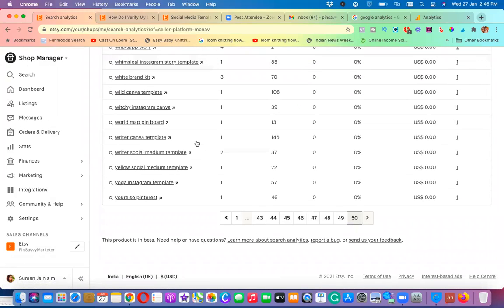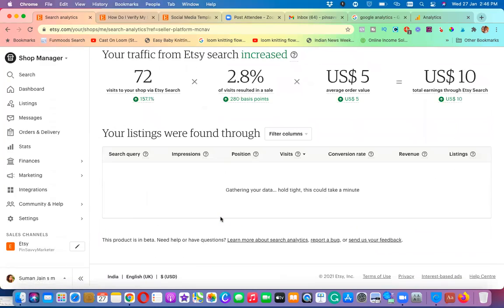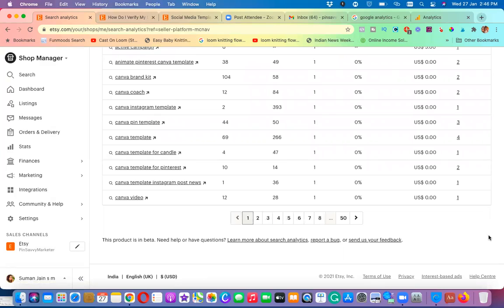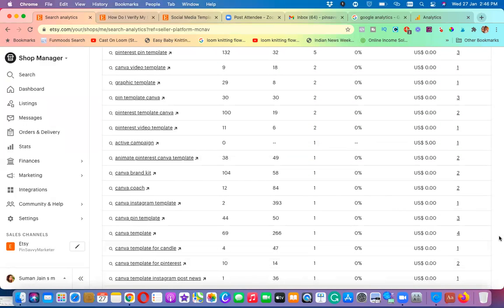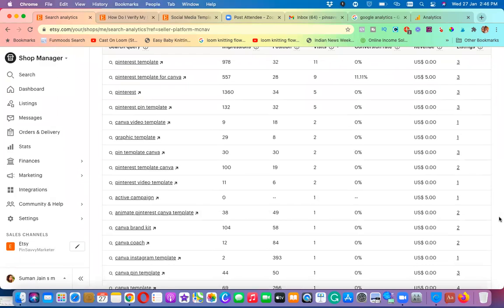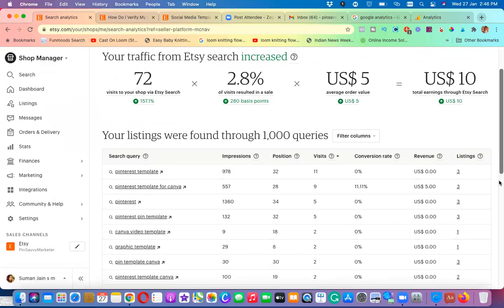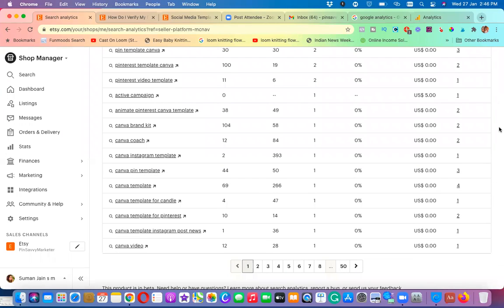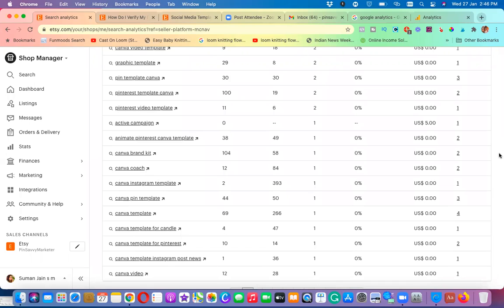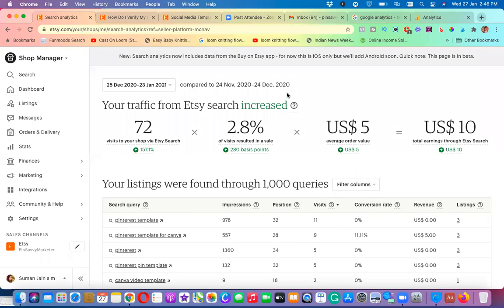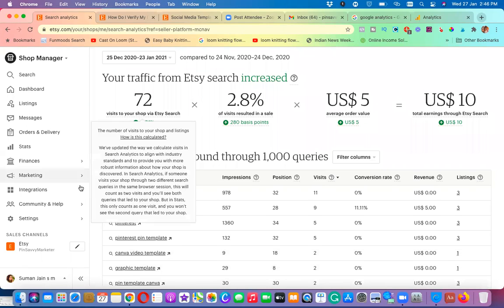If we are doing really well in all the things like keywords and stuff like that, believe me, you will have pretty good sales. And once you are consistently doing it every single month, you will see the statistics with 4 and 5 figure income. I'm not doing anything because I'm not focused on my store, I'm focusing on something else. But still, you can see by the search results that I'm getting some sales on autopilot. That is quite essential.